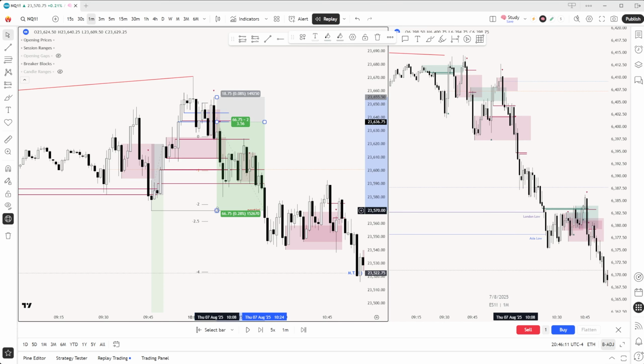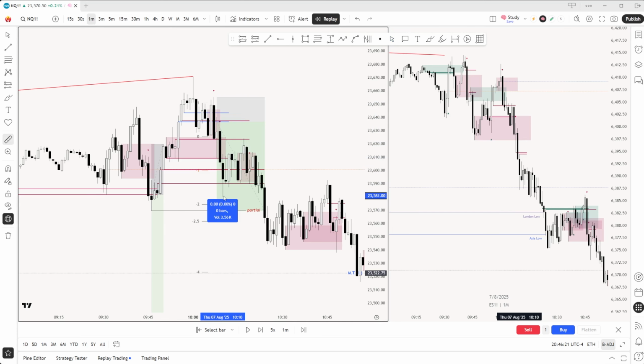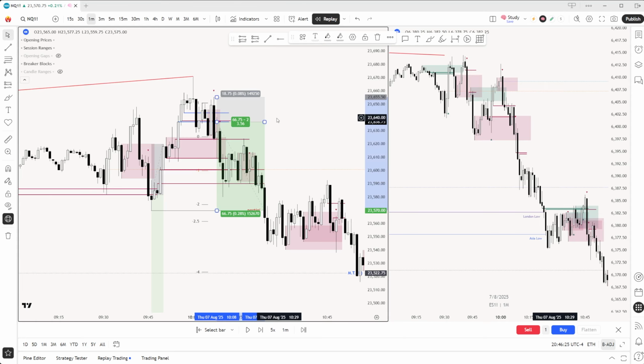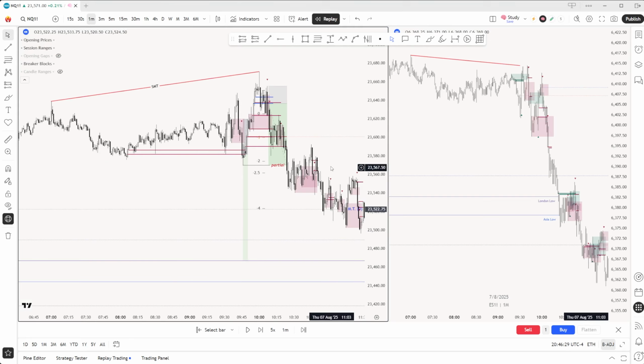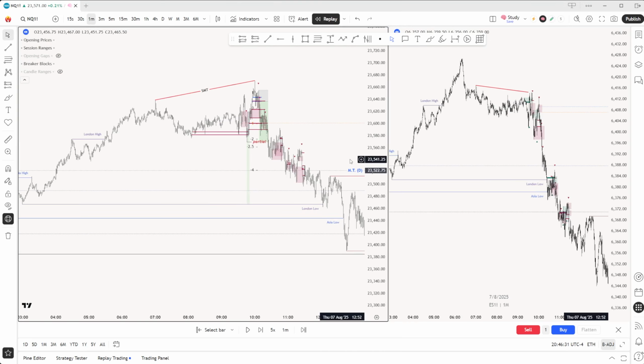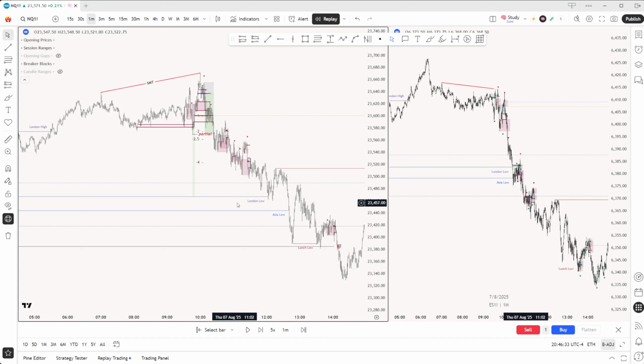Definitely ran a little longer than I liked. I wish I would have taken profits a little bit earlier here, but sadly I did not, and I had to hold on for an additional, I think this was almost 13 minutes here, for my take profit to be hit. And of course, you guys know it. This was my first partial, and later down the line, let's remove our daily level for now, I look to take profit at London low right here.